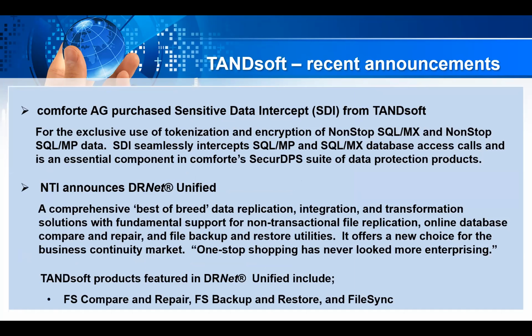Just before we get into the products, I just want to make some recent announcements involving TANDsoft. The first is Comforte recently purchased Sensitive Data Intercept, which we refer to as SDI, from TANDsoft. SDI seamlessly intercepts SQL/MP and SQL/MX database access calls and is an essential component in Comforte's secure DPS suite of